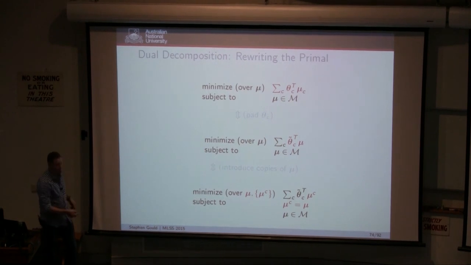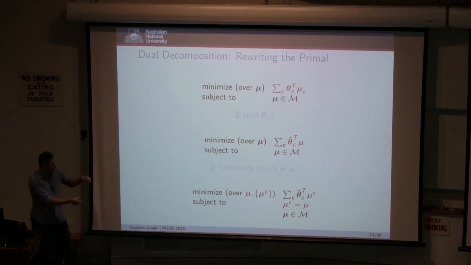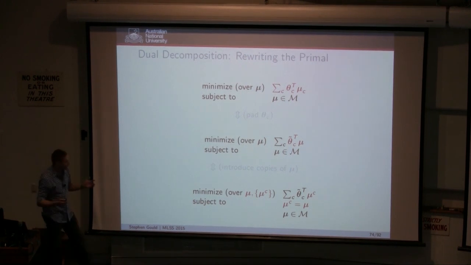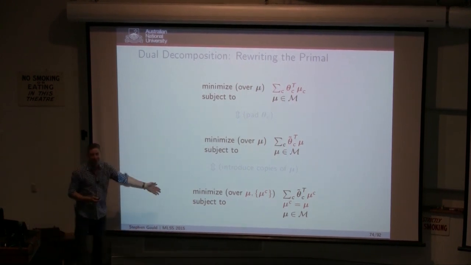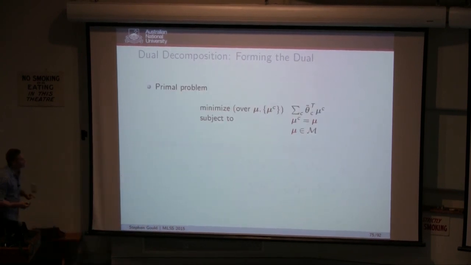Because it's a copy, I want to enforce this constraint that the copies agree with each other. And now I'm optimizing over not just the original variables, but all of these copies that I've introduced. Okay? So again, a lot of my talk today, it seems like we're not making progress, right? We're sort of making the problem a lot more complex. But it turns out that by doing this,